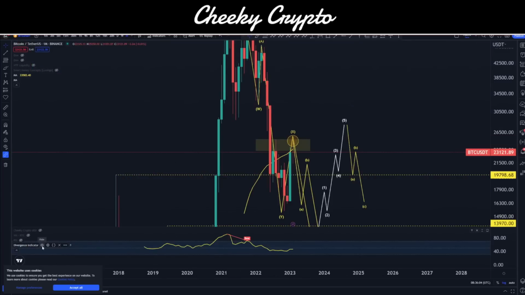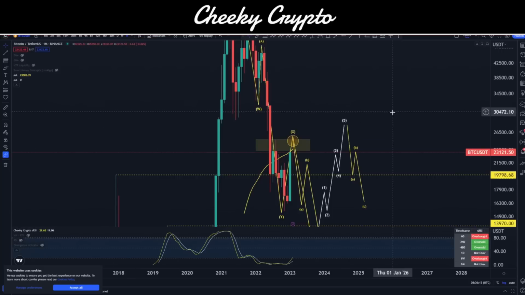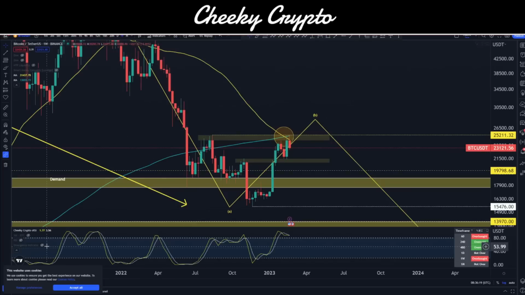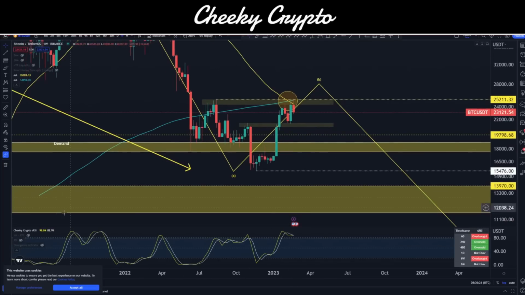So ultimately, we're not exactly confident looking at it. It doesn't look like we have a fantastic chart that says that we have to go up right now. I think if anything, it's a clear indication that we have to move down, and this is actually on the monthly. So yeah, for the most part, it looks like we have to go down.